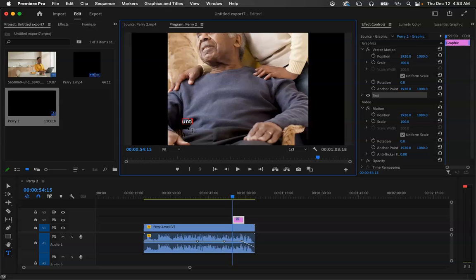Untitled folder. So untitled folder. This is the work of the type tool. It allows you to write whatever you want. It allows you to write whatever you want to write on the monitor screen. So that's the job of the